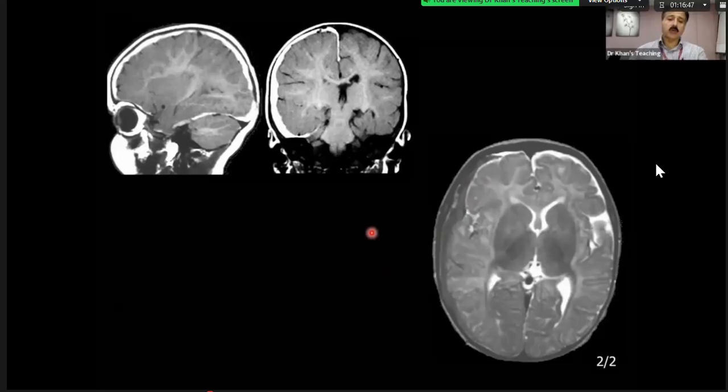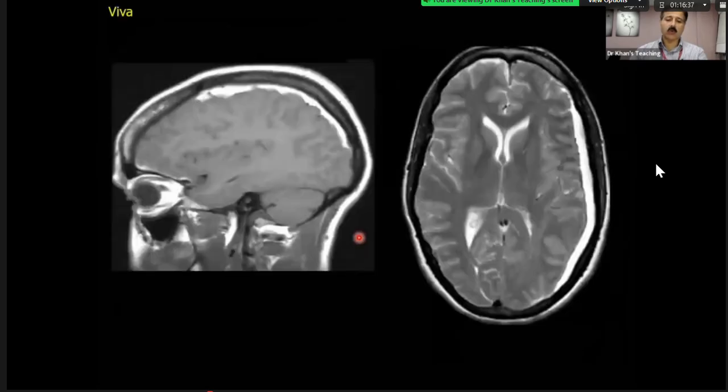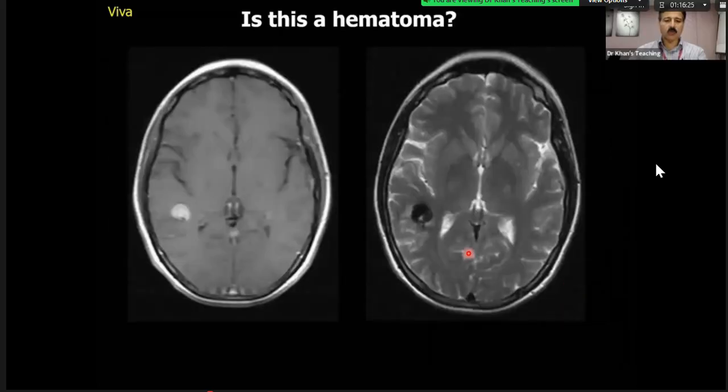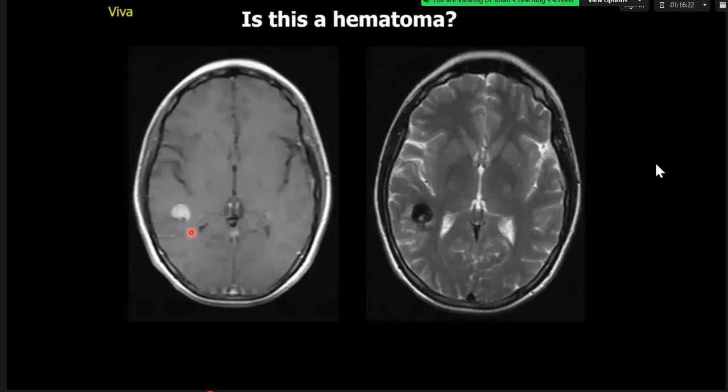Okay, so this is a subdural hematoma, and you can see it did not cross the falx. It goes into the subdural, bright on T1, low on T2. Okay, this one is bright on T1 and bright on T2. Over to you, what do you think? So bright on both, so it would be late subacute. Excellent. So now what is this one? So this would be bright on T1 and low on T2, so it will be early subacute.